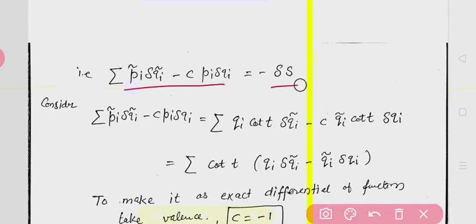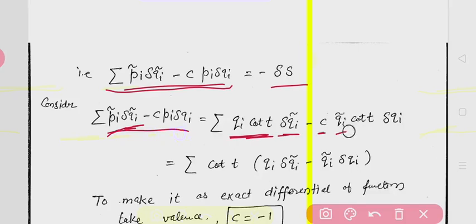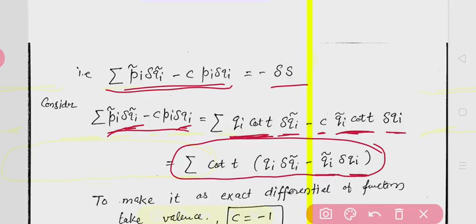If this was equal to this one, I am considering this side, and this was equal to pi tilde, what will be the value? qi cot t, that delta qi tilde as it is, minus c times this pi. Pi is qi tilde cot t and delta of qi, right? So you can check that this cot t is common here, and that will be qi into delta qi tilde minus qi tilde delta of qi. Okay. So that expression can be a total differential of some function